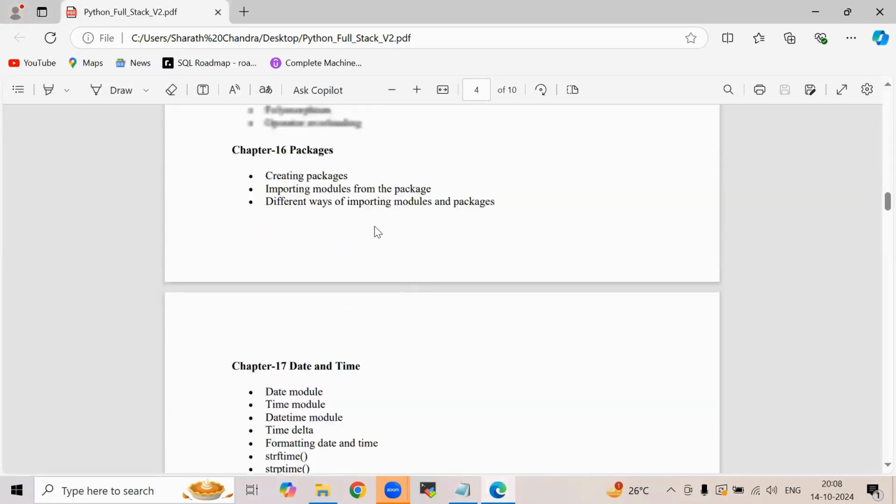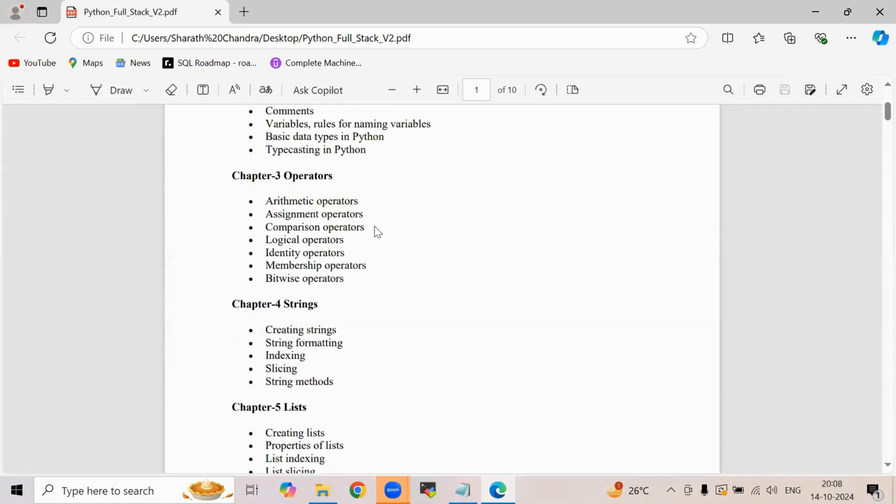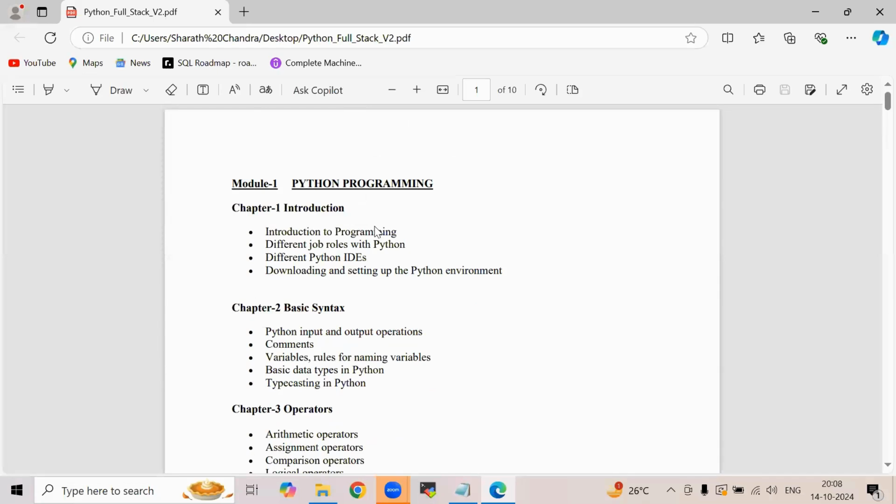During this course, for every chapter, you will be given a task or a kind of program. Once the class is over, once the topic is over, a dedicated program is given on that particular topic. One program I will explain as a part of our coursework, and one program I will give as a task, so you need to complete it on your own.